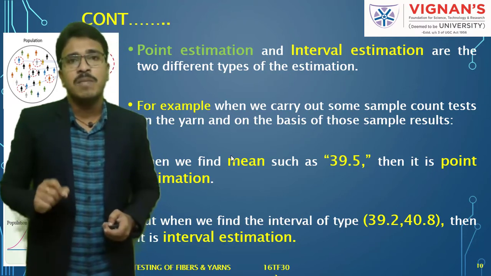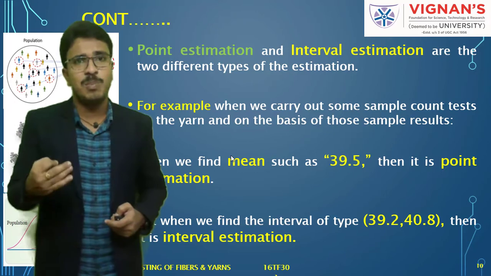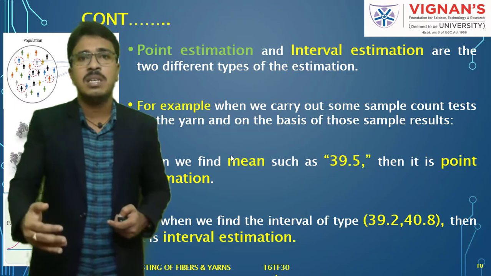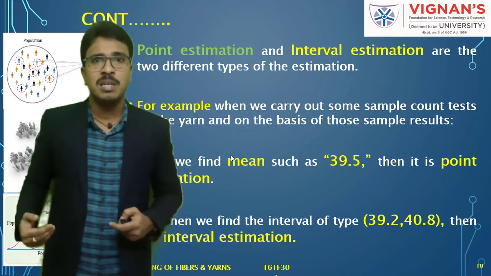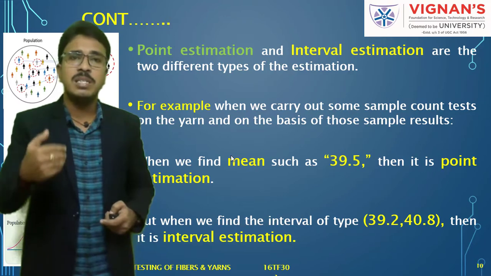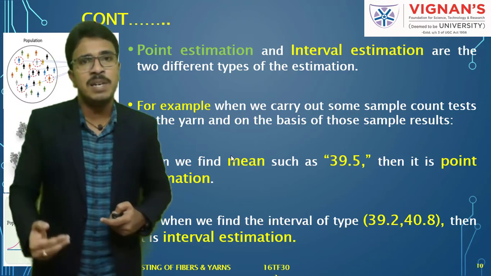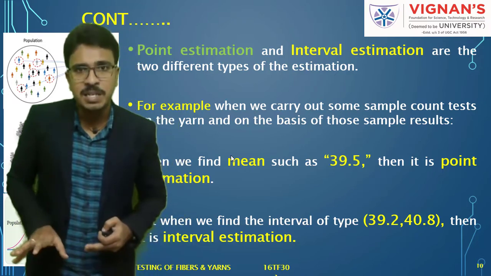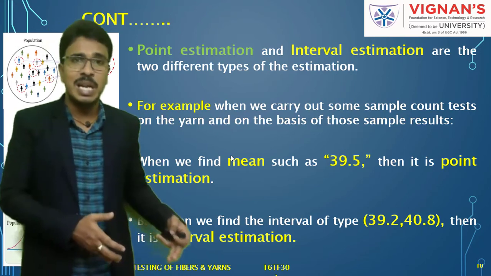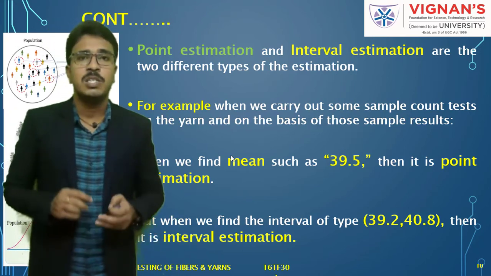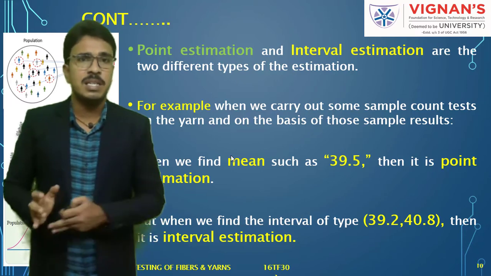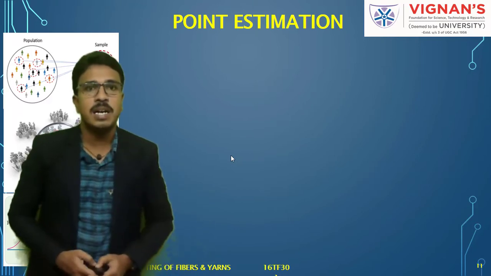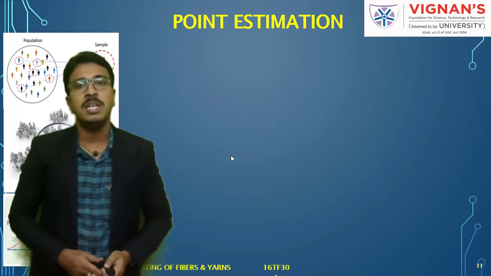So now we will discuss in detail what is point estimation, and in point estimation, how to find out the mean and variance. And then we will talk about what is interval estimation, and in interval estimation how to find out the mean and variance of unknown population parameters from the sample which we have selected from that population. These things we are going to discuss further from the next slides. So let us start discussing in detail about point estimation.